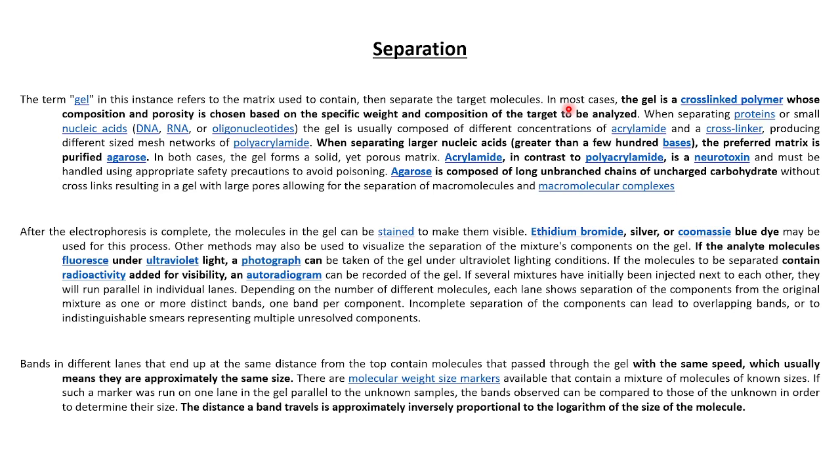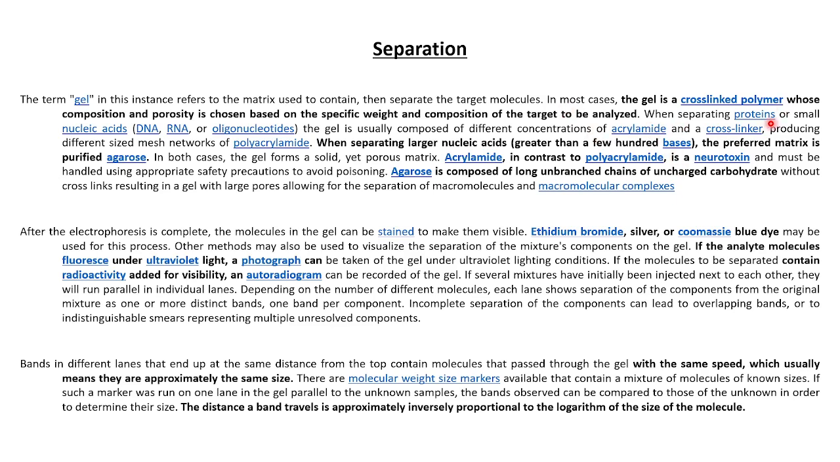For example, like I was telling, if we want to resolve a smaller molecular weight protein, we can use a higher composition of polyacrylamide. If we want to resolve a higher molecular weight protein, we use a lower amount of polyacrylamide. For resolving a lower molecular weight protein or sample, we use a higher concentration of polyacrylamide or agarose. Okay. Now, when we're separating proteins or small nucleic acids, the gel is usually composed of different concentrations